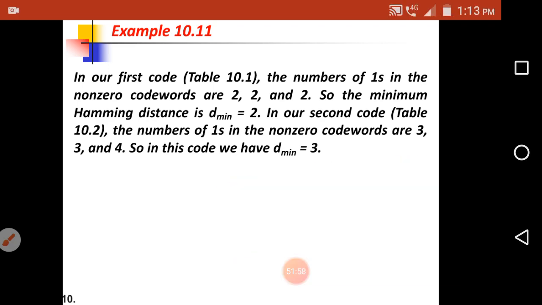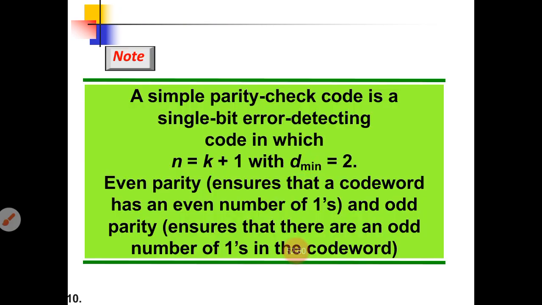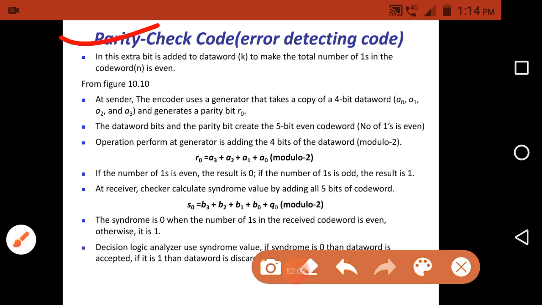After that we'll move to parity checking, which is a very important one. This parity checking we use for detecting errors in the code. Here, an extra bit is added to the data word to make the total number of ones in the code word even.